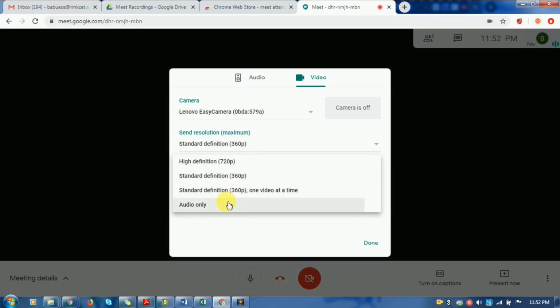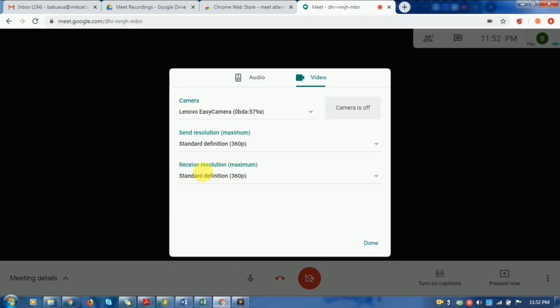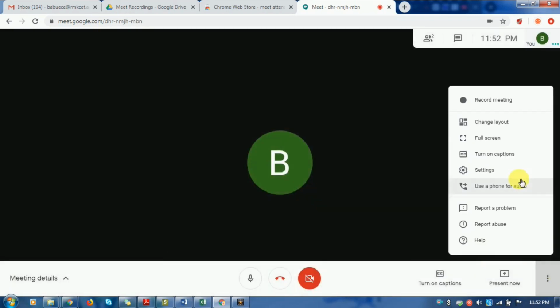If you don't want to receive any video and want to hear only audio since your bandwidth is very low, you can go for this particular option. As a presenter, you can choose between these two options, whether to go for high definition or standard definition. This can be done inside the settings icon.